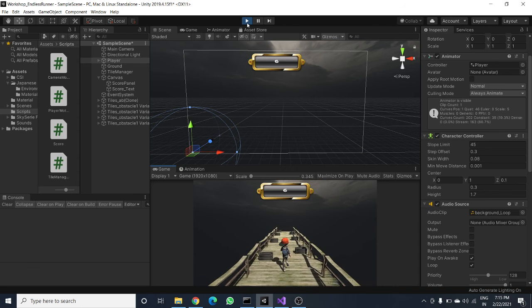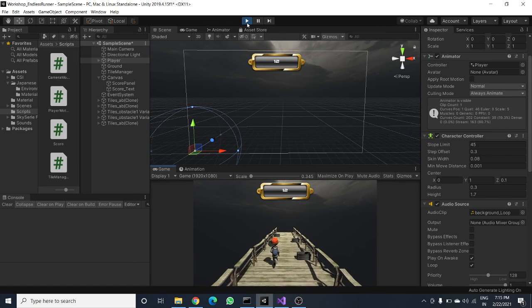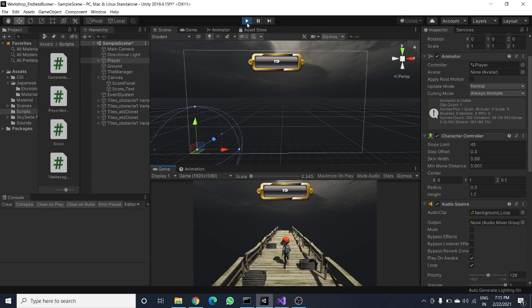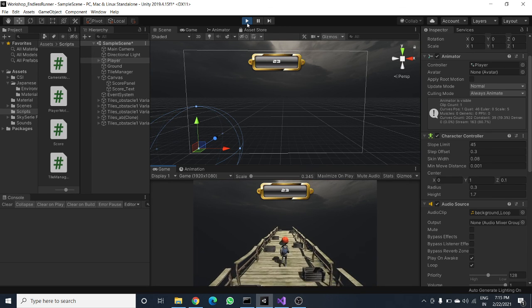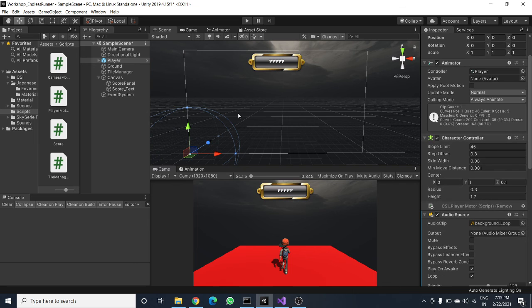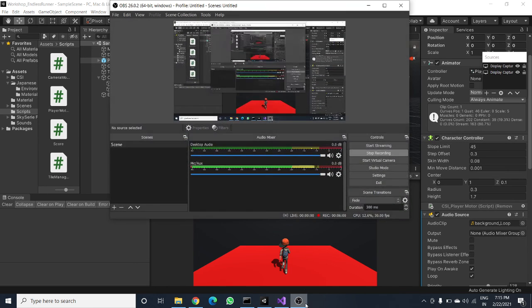Now I have something to play, and my objective is to see how long I can travel. And each time my high score should be updated. So think about, guys, how we can update our high score, how we can save our current score. With that said, let's see another level.